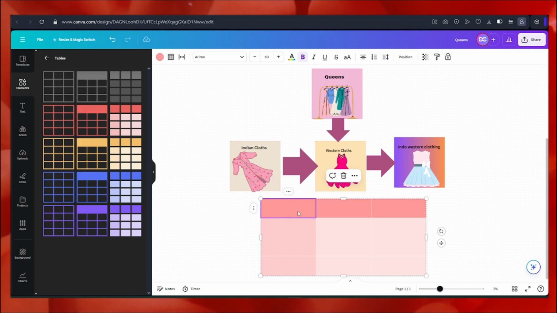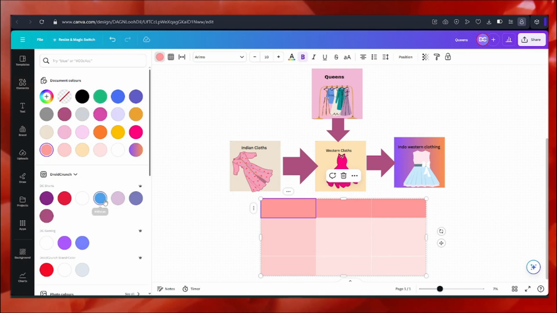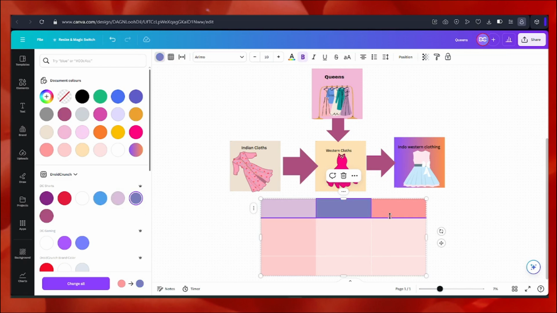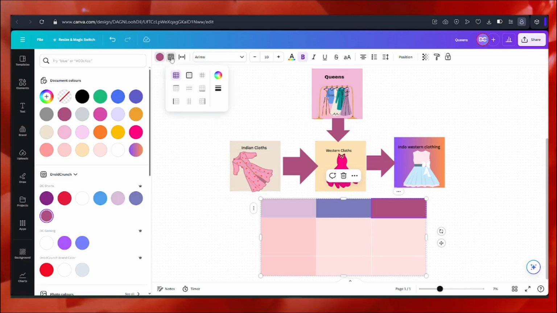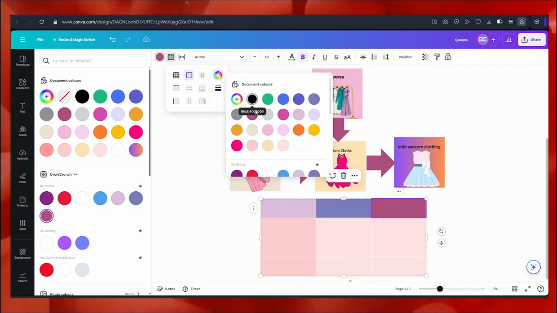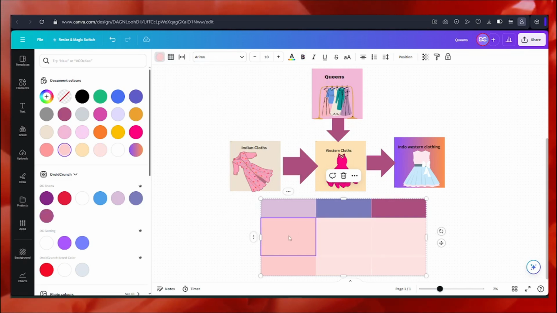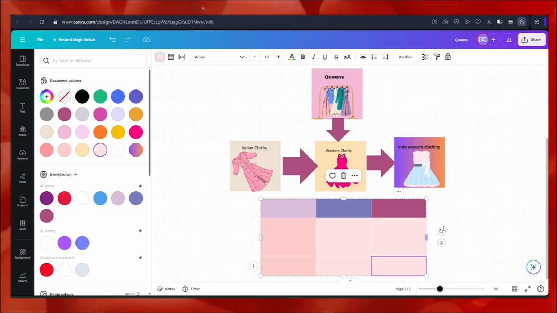These sections of the table can be customized also. The colors can be changed from here. Like if I want it blue, I can definitely change the color. It's entirely up to me. Each section of the table can be customized. I can also change the border. If I wish it darker, I can go for it. I can choose the color of the border. If I've selected this column, I can change the border of this column. If I've selected this column, I can change the border of this. It's a choice I can make.